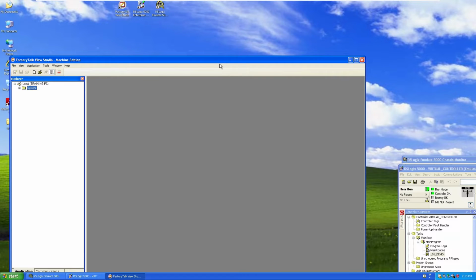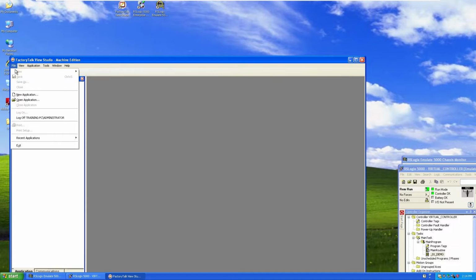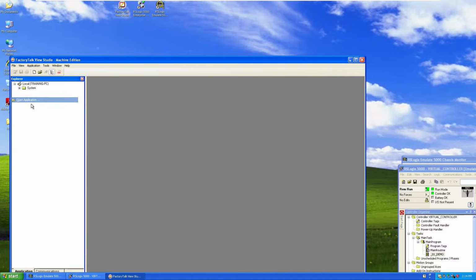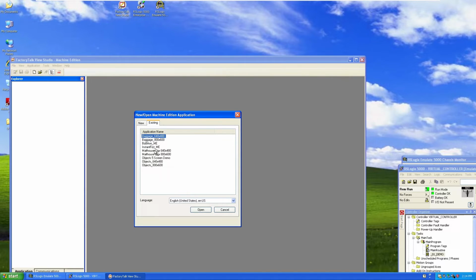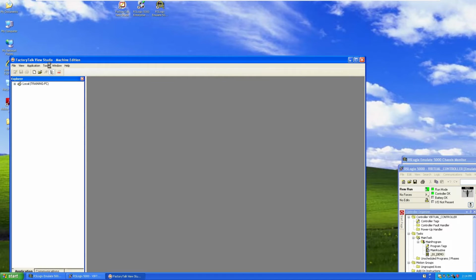It's either never been backed up or someone's lost it or what. So there is a way to create an application file so you can then make your modifications. The way to go about this, and before I start, I'm just going to prove that there is no application on here. So if I go to open applications, you can see there's just the default applications which come with the package. So what we're going to do is go Tools,